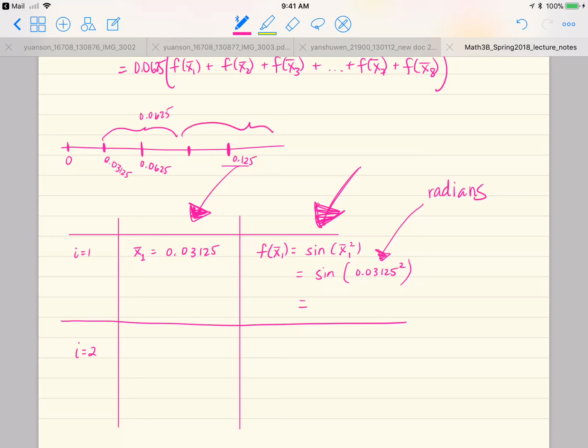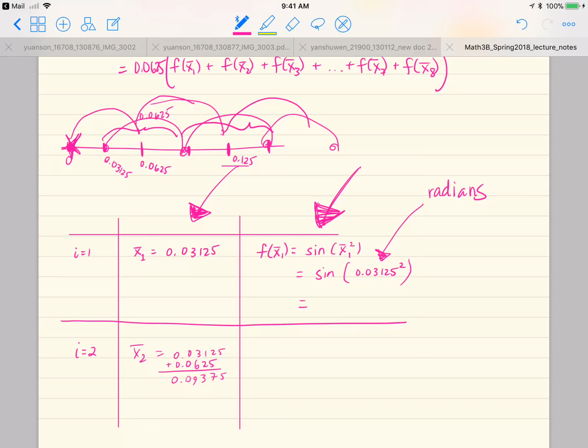Because if you add the width, it's like you're hopping from midpoint to midpoint. You're hopping between midpoints. Just like if you start at the endpoint and you go the width of each rectangle, you're hopping from endpoint to endpoint. Okay, so to get x2 bar, all we have to do is add 0.0625, which is the width of each rectangle. We just need to add that to the midpoint of the first subinterval. So we'll get